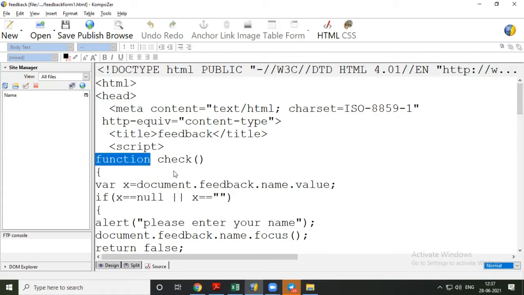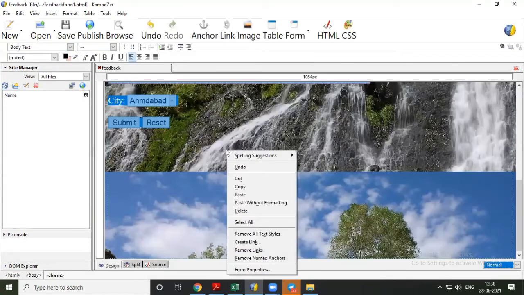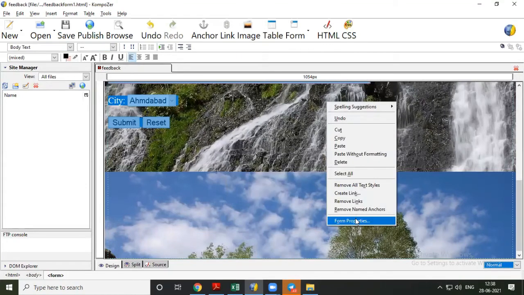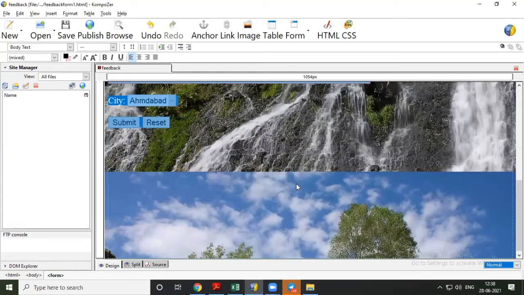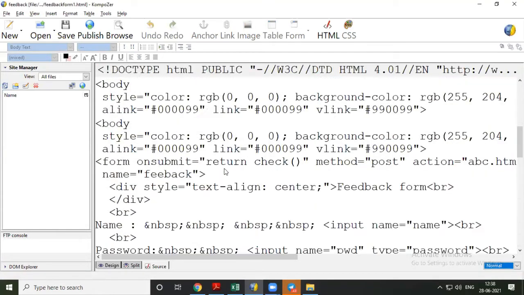Now this name must be same as what we have defined in that JavaScript event here. Means it is case sensitive also. So compulsorily these two must match in case also. And spelling also you have to check.